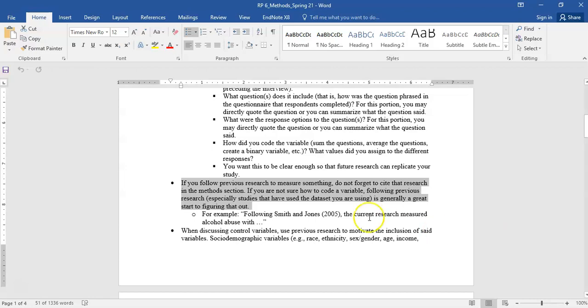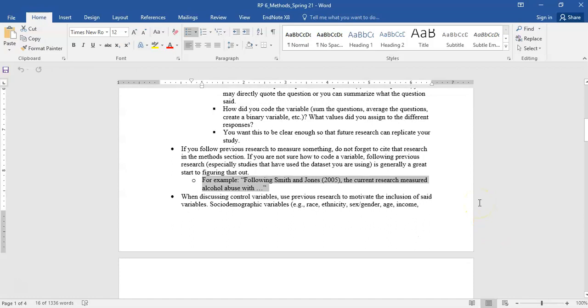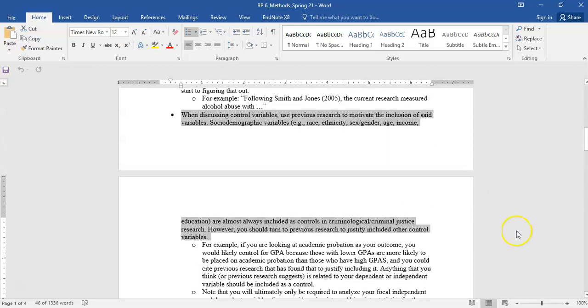So if you're saying, for instance, you followed Smith and Jones in 2005 to measure alcohol abuse, you'd need to include that citation. So you'd include the in-text citation, and then you would also include that longer citation in the reference list, okay? So each of those things are applicable to describing your independent, dependent, and control variables. When it comes to control variables,